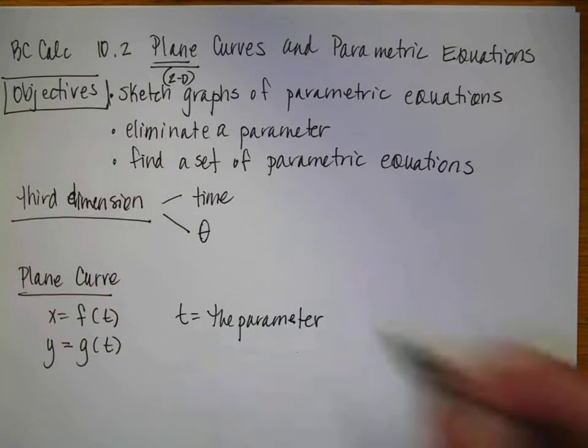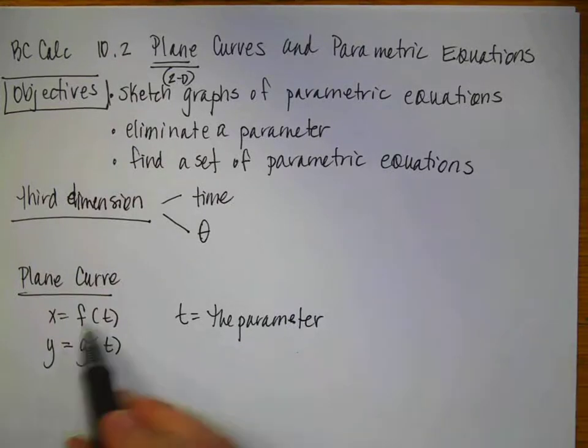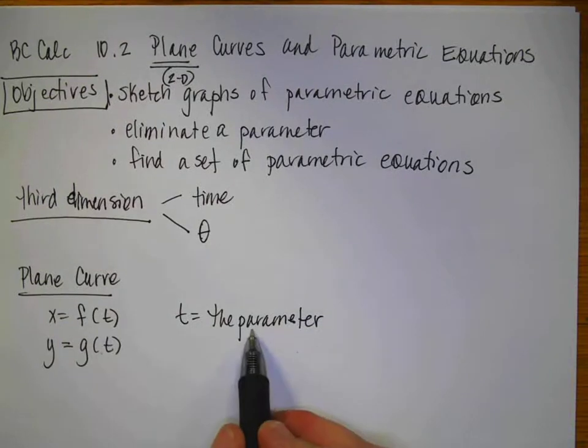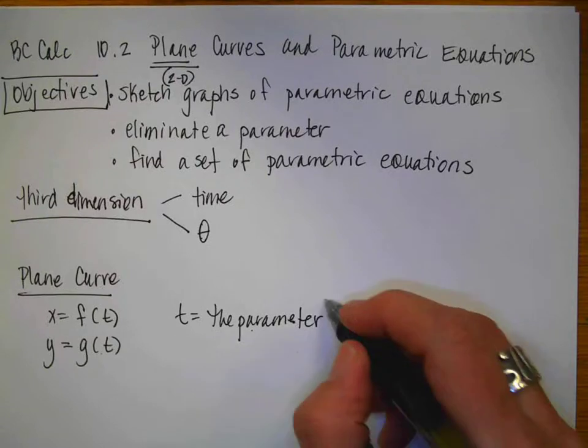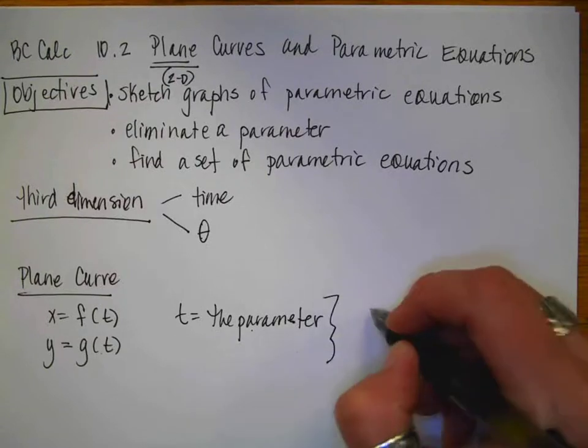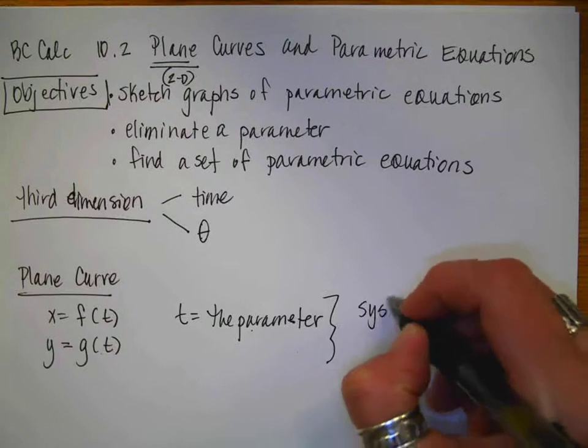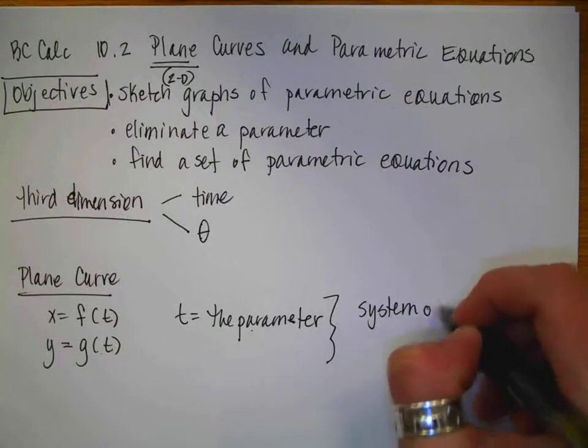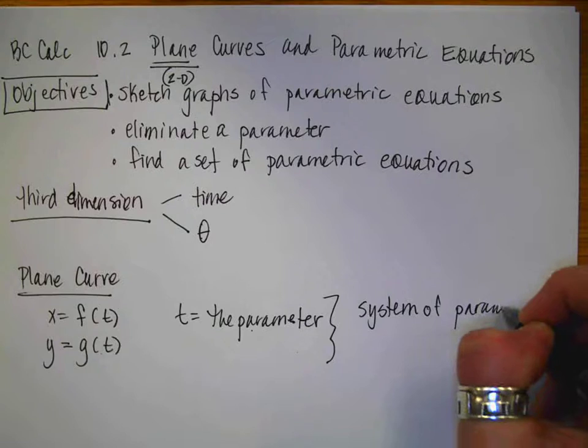Did I spell it right? I did. T is the parameter, and both of these equations in terms of t work together with this additional parameter to create a system of parametric equations,